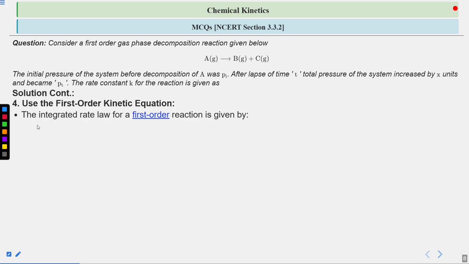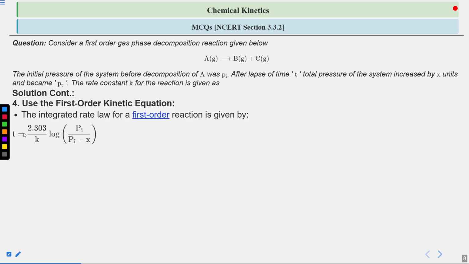Other than simplifying or deriving at the moment when you require it during the solution of a particular question, you have to learn it. You should learn it and use it directly in the solution while solving. So the integrated rate law for a first order reaction is given by